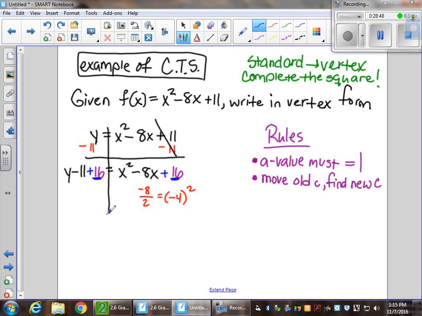If I want to combine like terms, this becomes y. So negative 11 plus 16 is a positive 5, so this is y plus 5 equals,